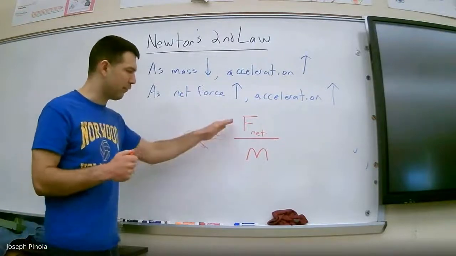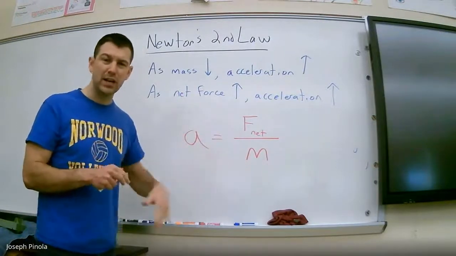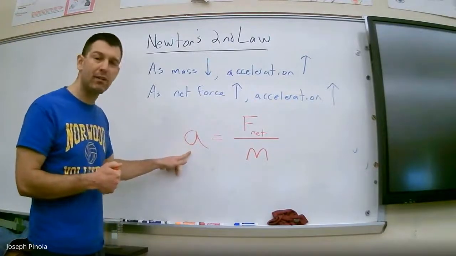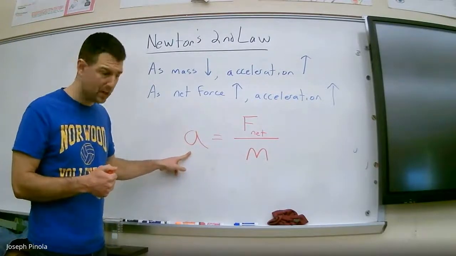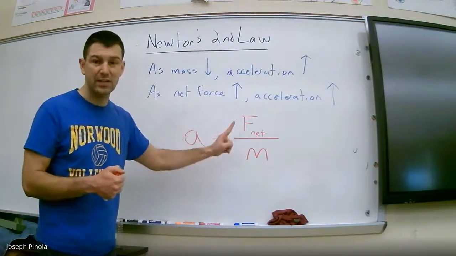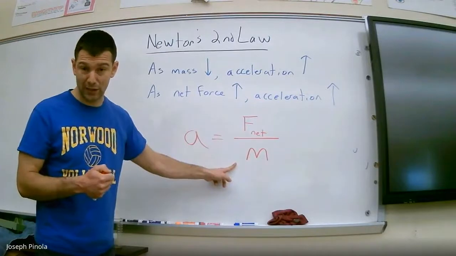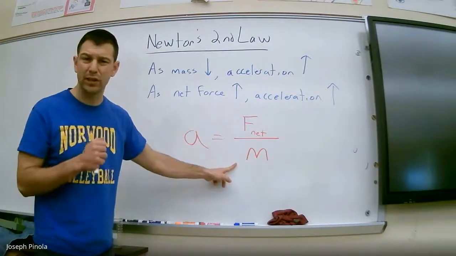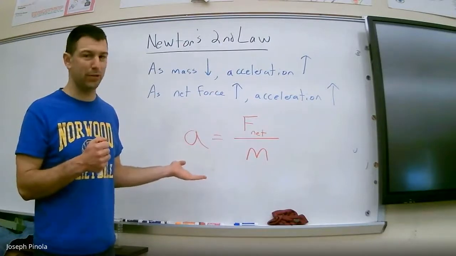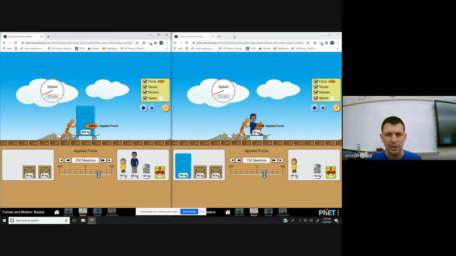Keep in mind that if you see a fraction as a mathematical equation, it really just means divided by. So in this case, you can calculate the acceleration of an object by taking the net force that that object experiences and dividing it by the mass of the object. Let's take a look in a second about how to use this equation along with our three-step method. Before we get into the heavy-duty mathematics,